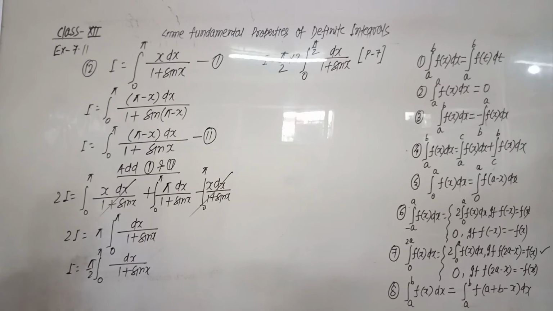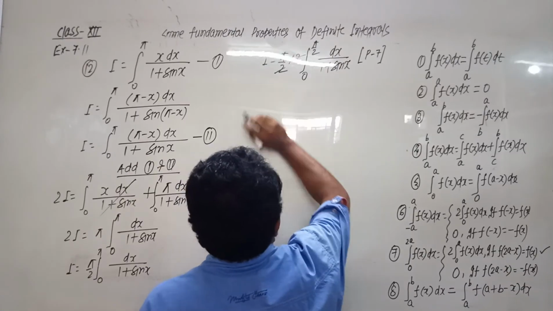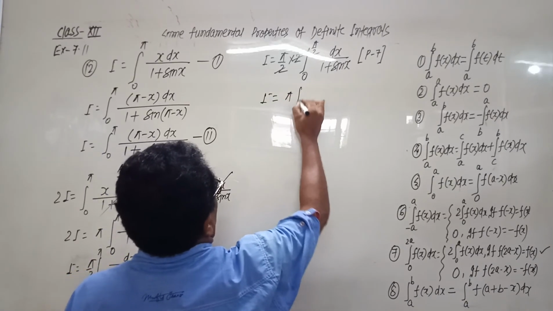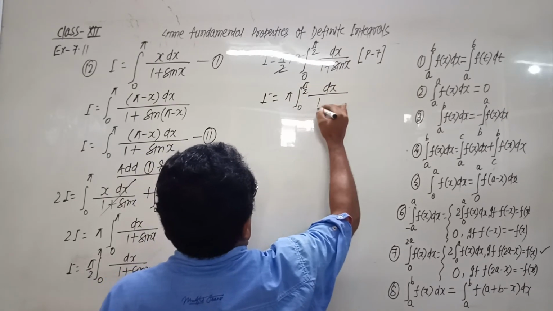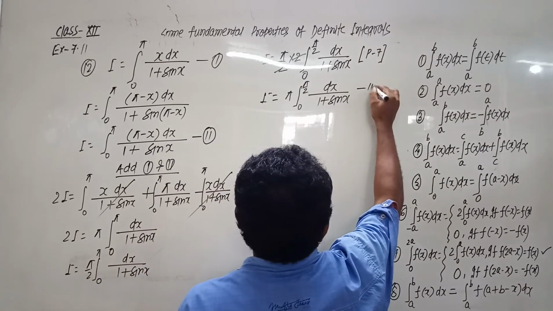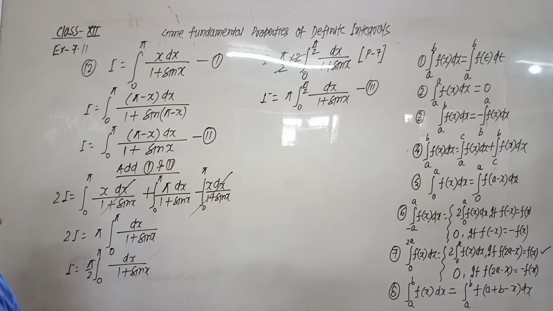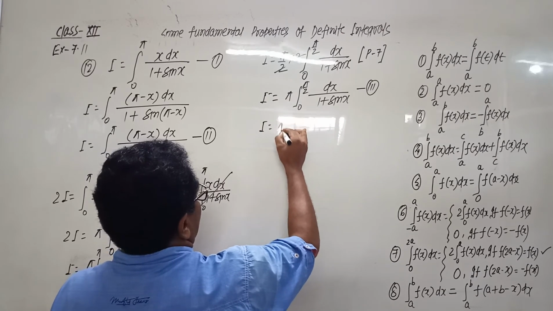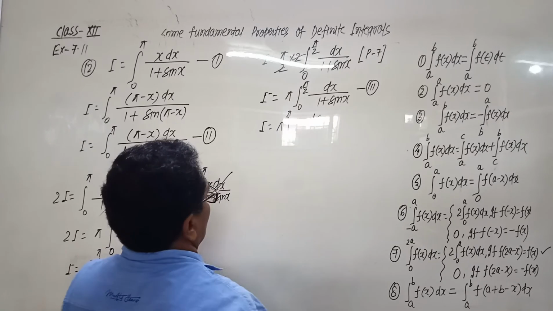So it comes 2 and 2 get cancelled, and I equals pi, integration 0 to pi by 2, dx upon 1 plus sin x. Now name it third equation. Then use property number 5. So I equals pi integration 0 to pi by 2 and dx upon